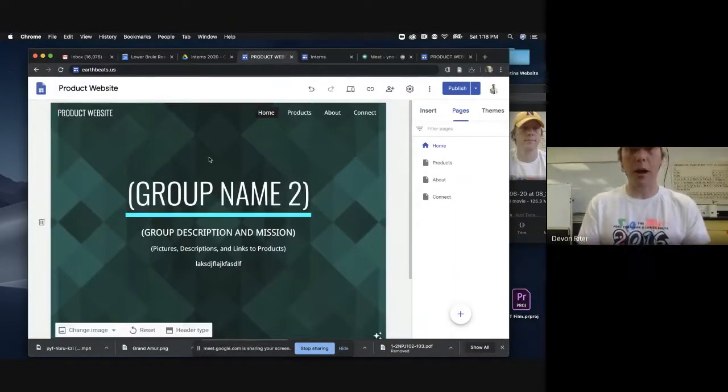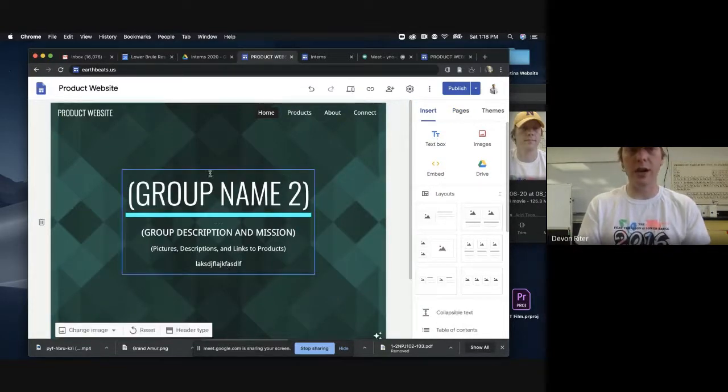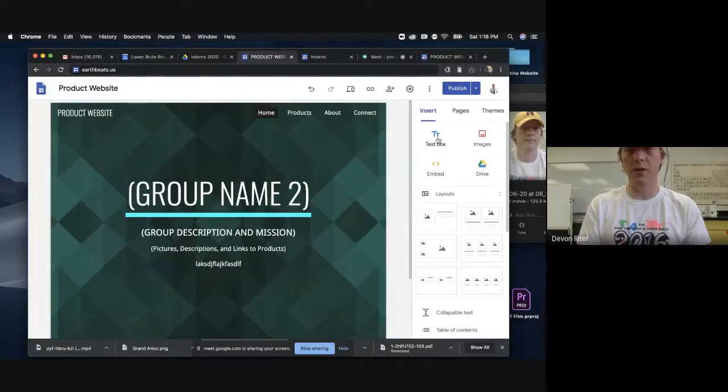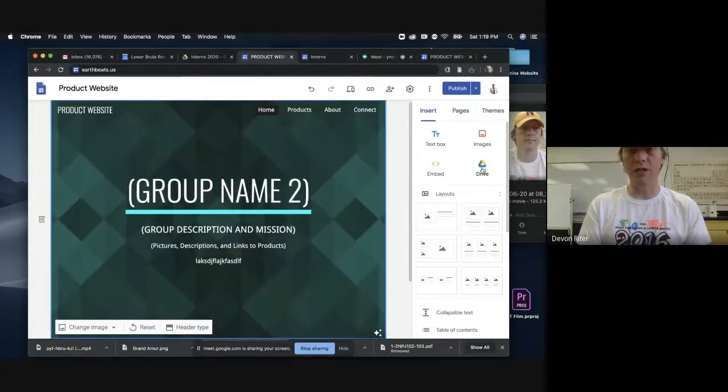Another thing to know about is over here. There's some different tabs. There's an insert tab. So if I wanted to insert anything onto this website, if I wanted another text box where I could type things out, I could add that here. If I wanted images, if I wanted to add something from our Google Drive, this embedded feature is a little bit more advanced. So we probably won't get into that for at least a few weeks, but